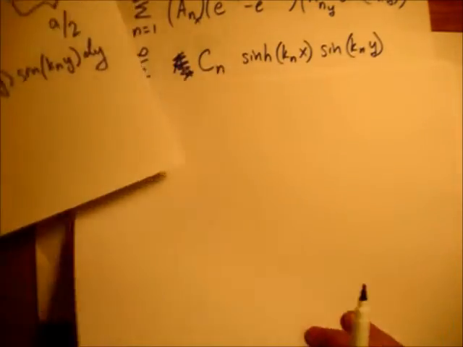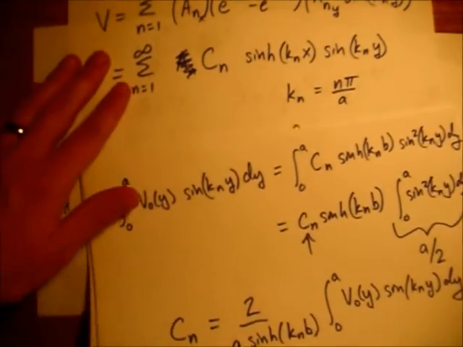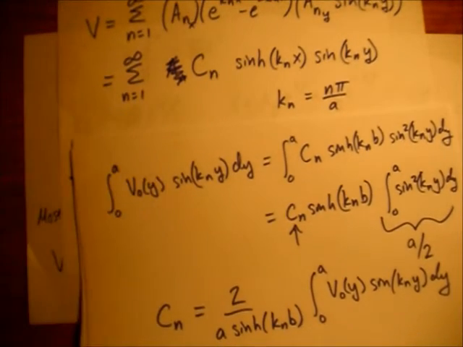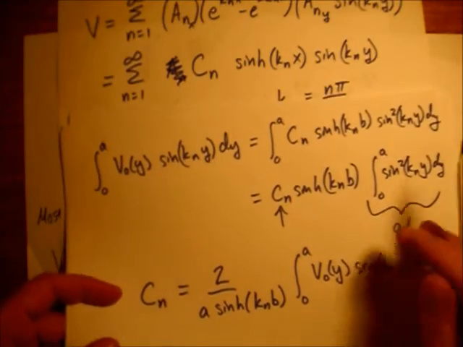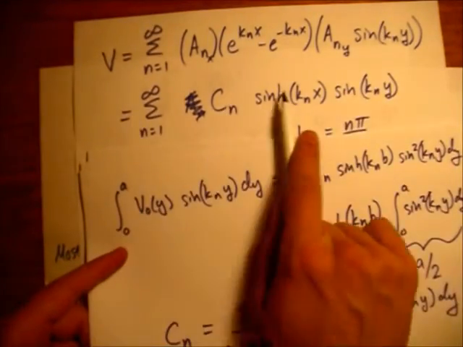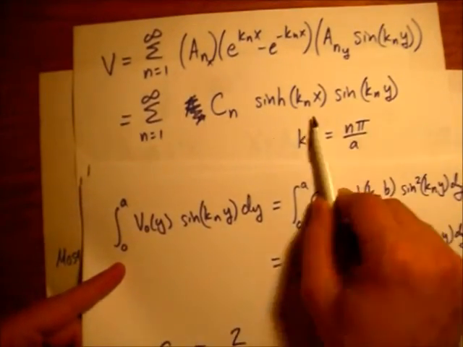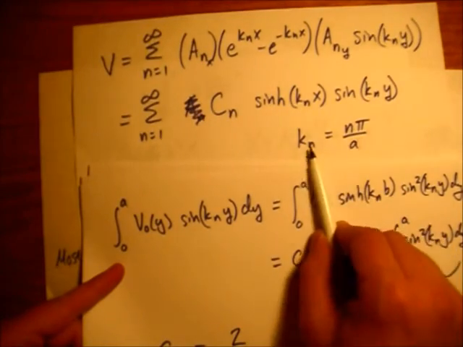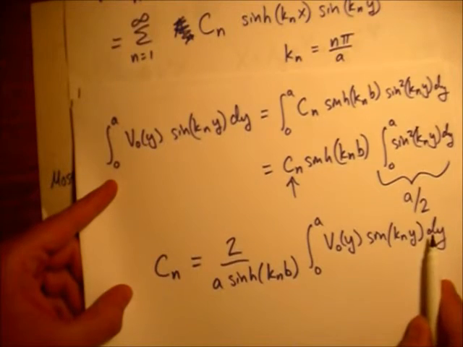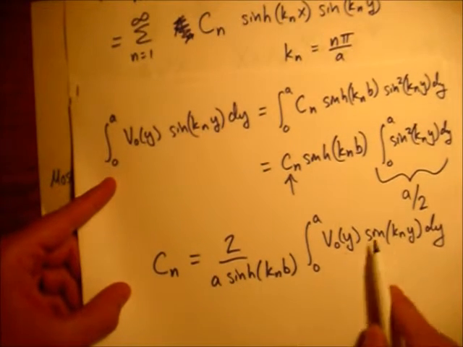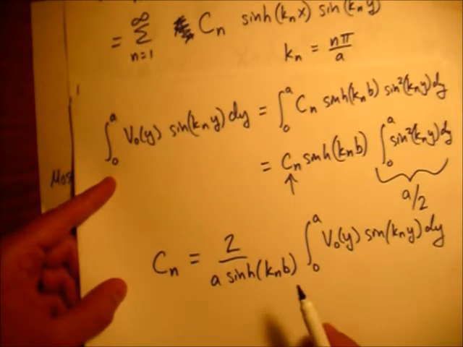Dare we write it out? I don't know. I don't think it would take a lot of space to write it out in all of its glory, because it would be this right here. We would plug in this for every time we see a k sub n here, and then for c sub n we would plug in this, and again there's k sub n's in this one too. All right, so